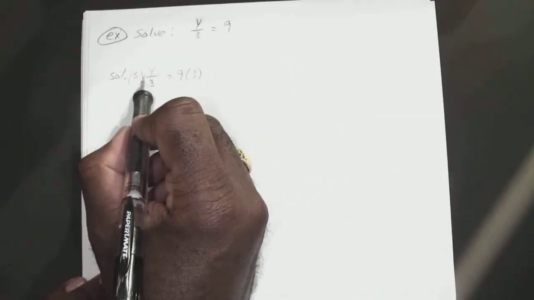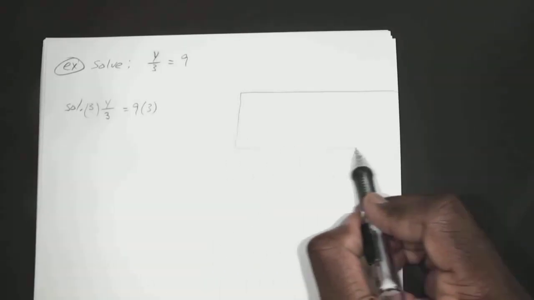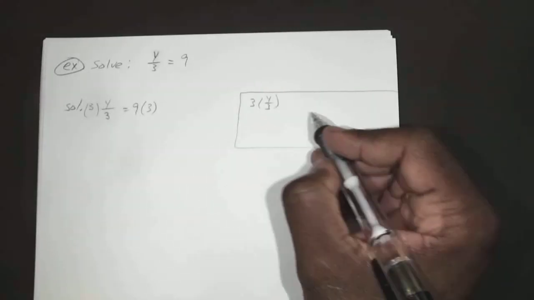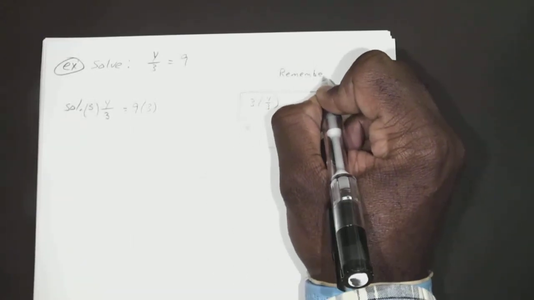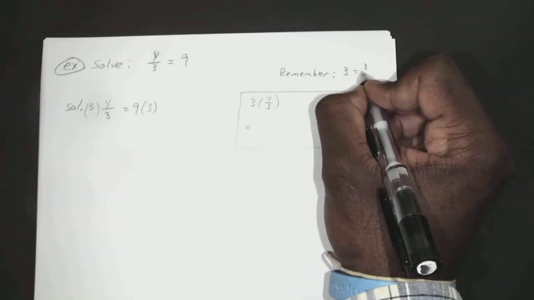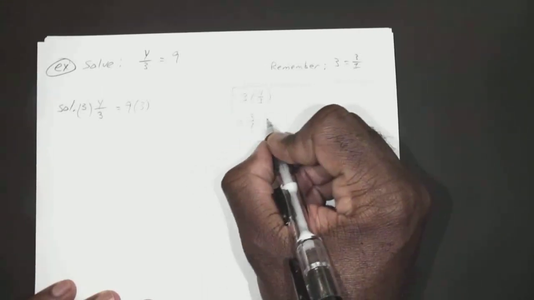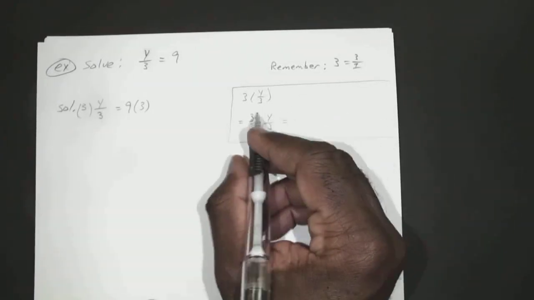Okay. So really here, you can just go ahead and cancel these two out, and the reason that works is if you multiply this side by 3, 3 times y over 3 is just the same as saying, well, remember that 3 is the same as saying 3 divided by 1. Okay. You don't have to go through this step each time, but it's kind of showing you why it works. So it's 3 over 1 times y over 3. So if you multiply that, it gives